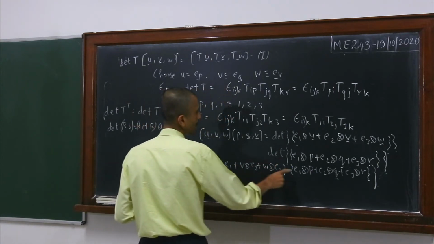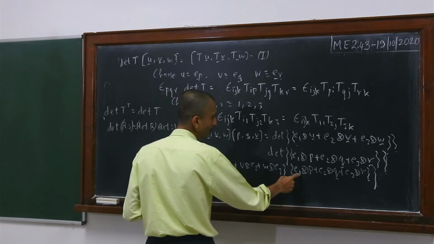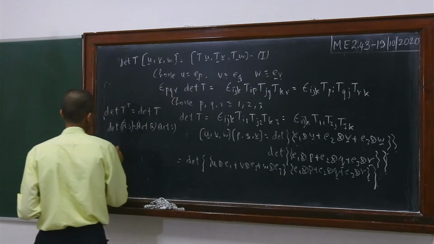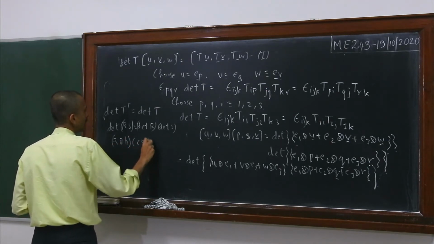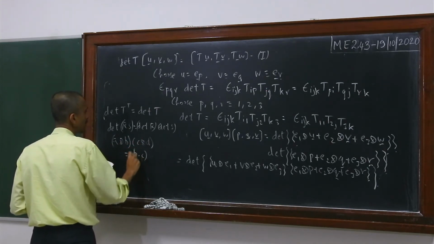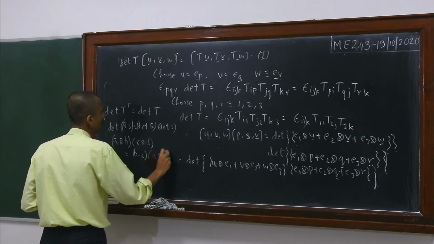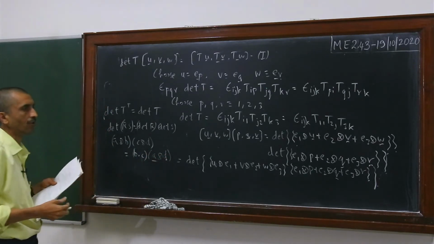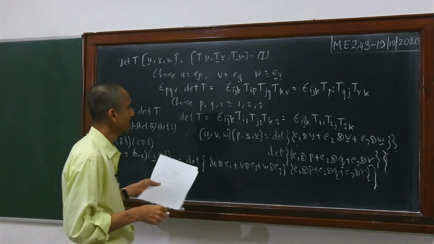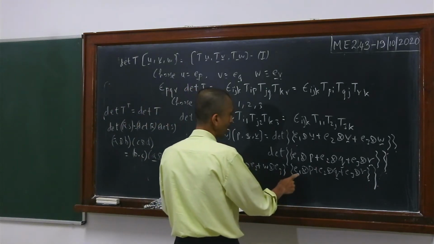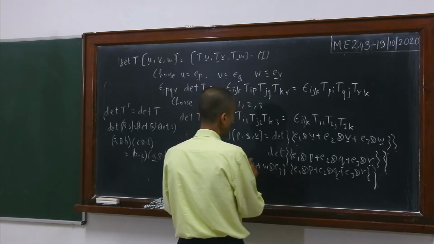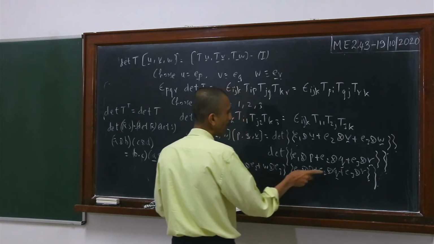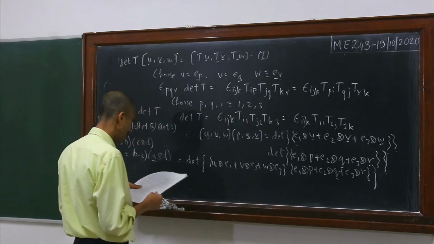So E1 dyadic E1 will go to E1 dot E1. So use this property that A dyadic B times C dyadic D is equal to B dot C times A dyadic D. So this is probably one of the homework problems, so you can try to show this. Use that property. So you will see that U1 dyadic E1 times E1 dyadic P will give E1 dot E1, so that is just 1, but E1 dot E2 will give 0, and so on. So only 3 terms will survive out of all of this.